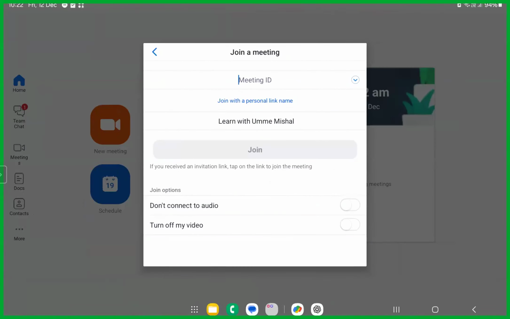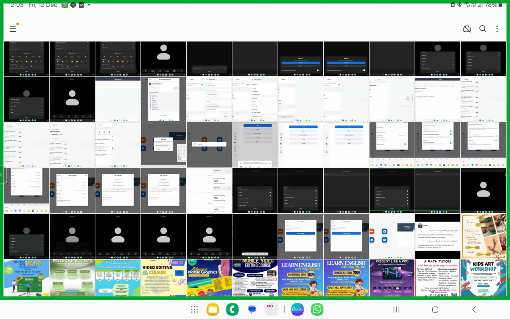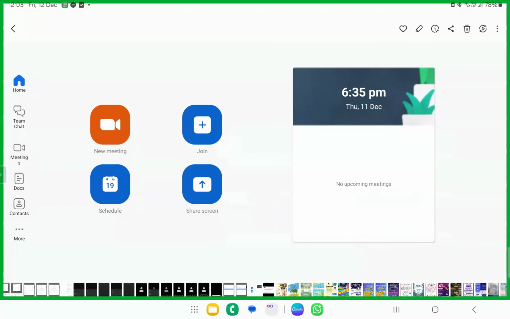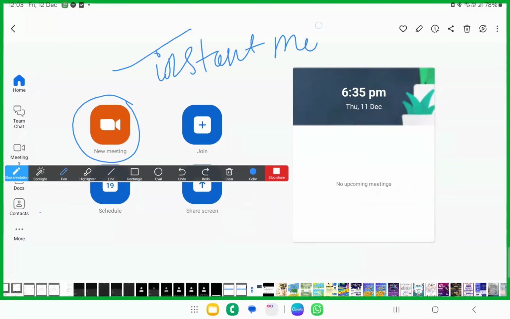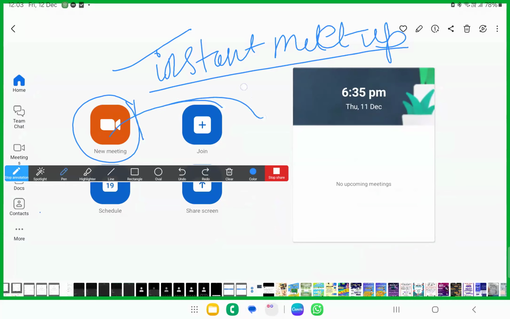Okay. The second button is the join the meeting button. So once I told you about the join the meeting button, how does it look? Join the meeting. Okay. So see here, this is the second button that we have. The first button, understood, right? It is for instant meetings. Okay, instant meetups. One important thing about instant meetups is that the others should be online, sitting and waiting for you, opening their Zoom application, right? So only then you open this and then you send the invite link.